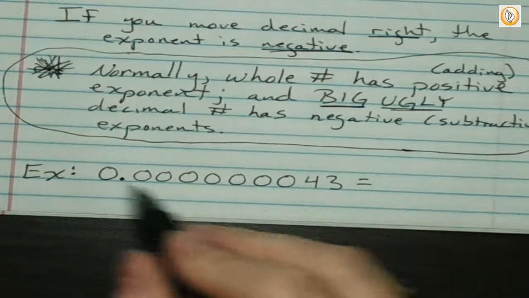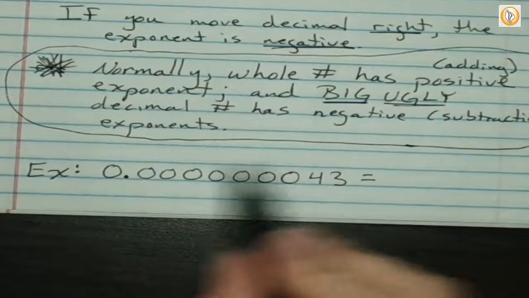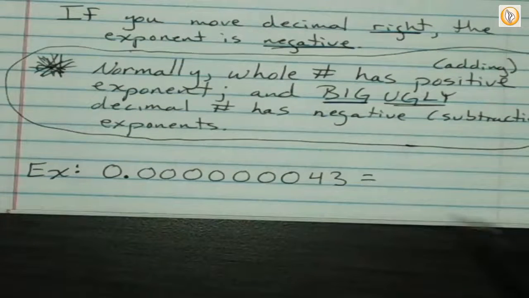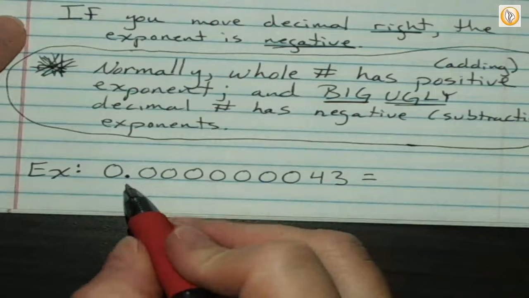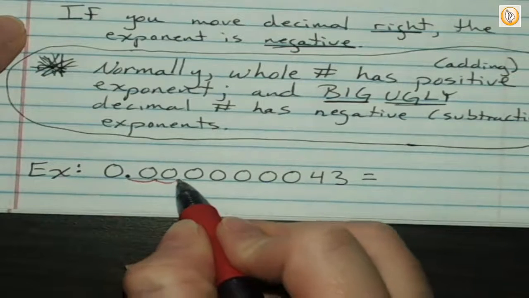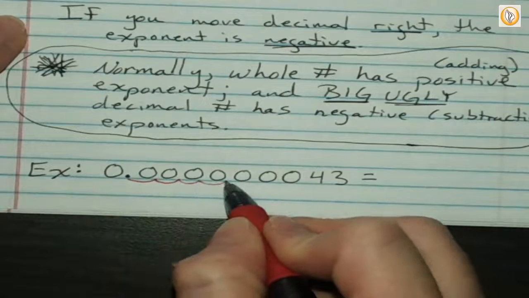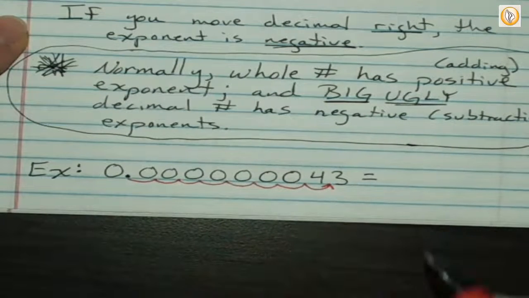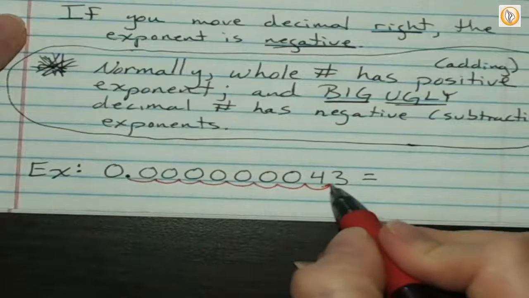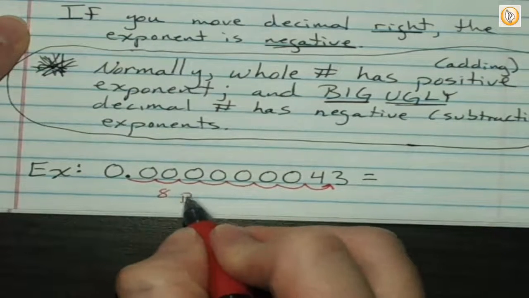Now, we need to put it into scientific notation, right? Is this number in scientific notation? In other words, is this between 1 and 10? So we need to do that. We do it by moving the decimal right this time. 1, 2, 3, 4, 5, 6, 7, 8 places to put it between, like you said. Is it always going to be between that first number? Yes, we moved 8 places